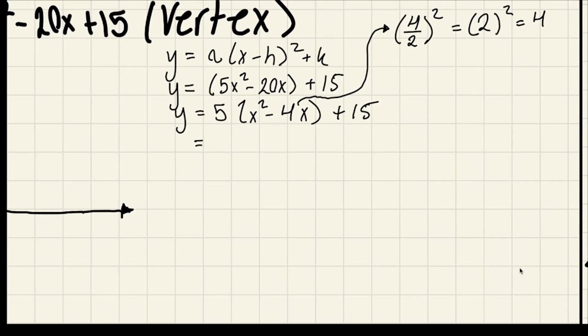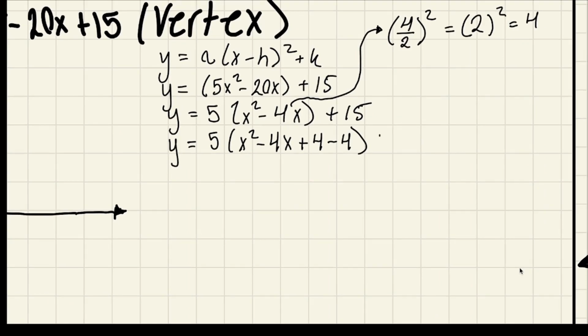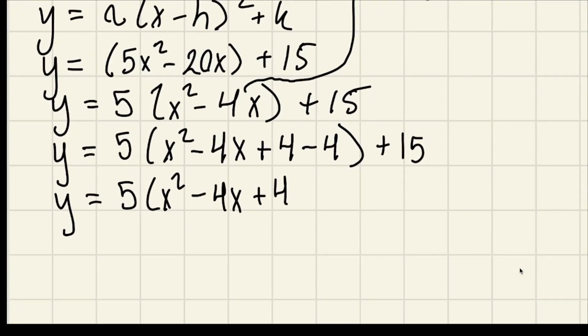So then what you're going to do is 5(x squared minus 4x, and then you're going to do plus 4 minus 4 inside the bracket, okay? So then you always do plus the number minus the number in the bracket, and then repeat what's outside, plus 15. And do y equals 5(x squared minus 4x plus 4. And I'm going to stop here for a second, because what you're going to want to do is make this bracket